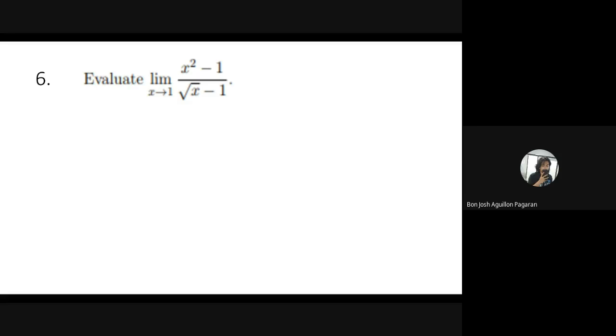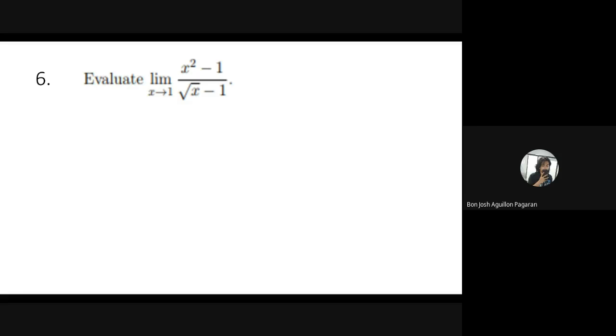Is factoring applicable in number 6? When we factor x squared minus 1 as x plus 1, x minus 1, does our solution lead anywhere? If the answer is yes, sir, it leads nowhere, then we will do the other way of solving that, using rationalizing. Now, normally, when we say rationalizing, we only know rationalizing the denominator. But it doesn't make sense